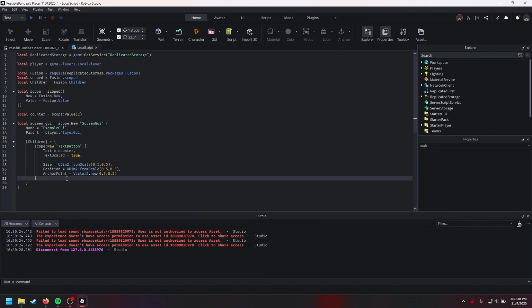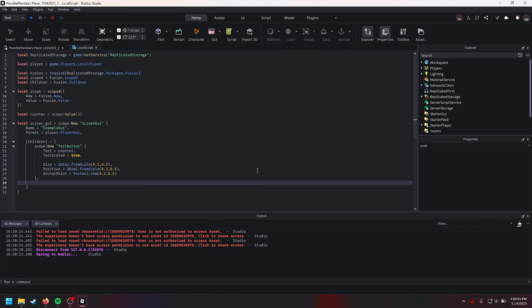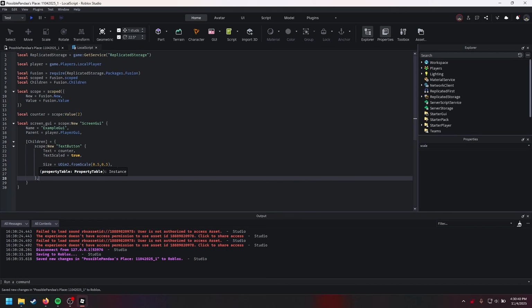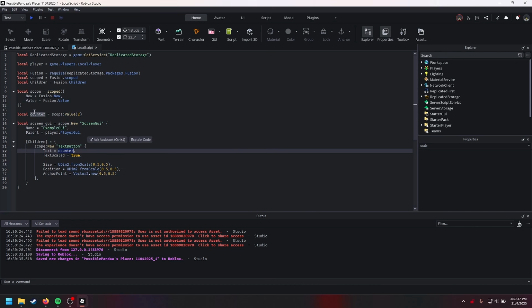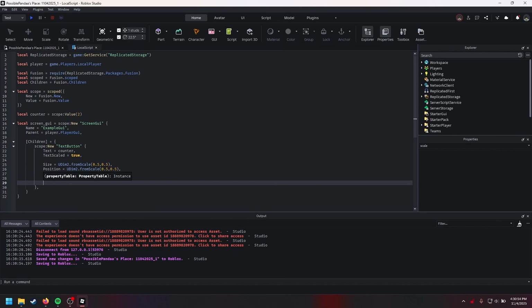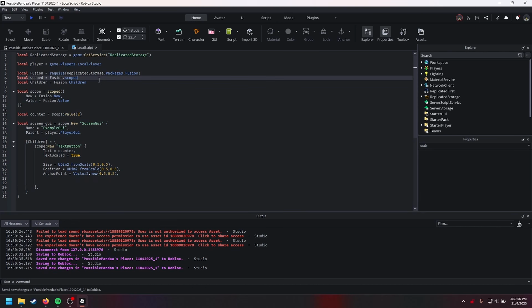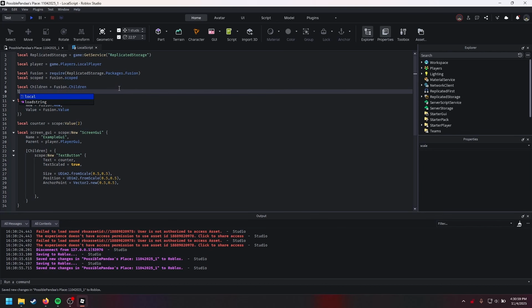So how about we do a little handy dandy thing, and I go ahead and make it so when you press the button, it's going to end up increasing the number by 1. And it will automatically reflect on our UI because we have our value here that's being referenced by the text. This may seem a little bit confusing at first, but I promise you it'll be super simple. So if I go ahead and do local on event equals fusion.onEvent,